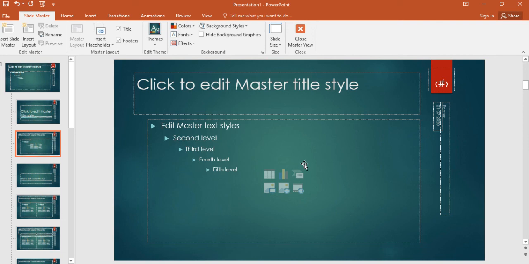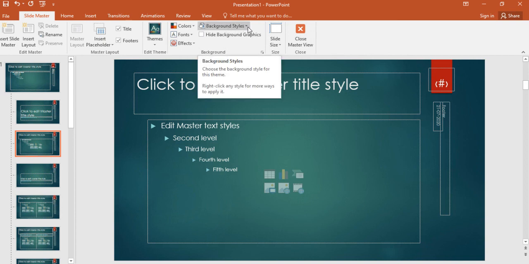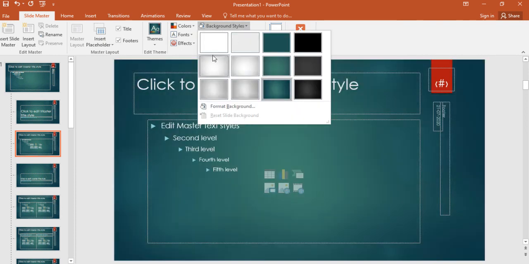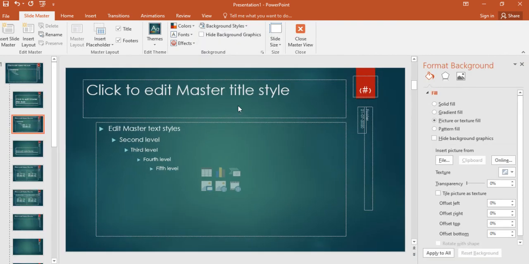If you want to set the background of your presentation, go to Background Styles in the Background group. Click on it, and here are different types of color. You can also select Format Background. If you want solid fill, click here and select a color. If you want gradient fill, you can select different colors from here.